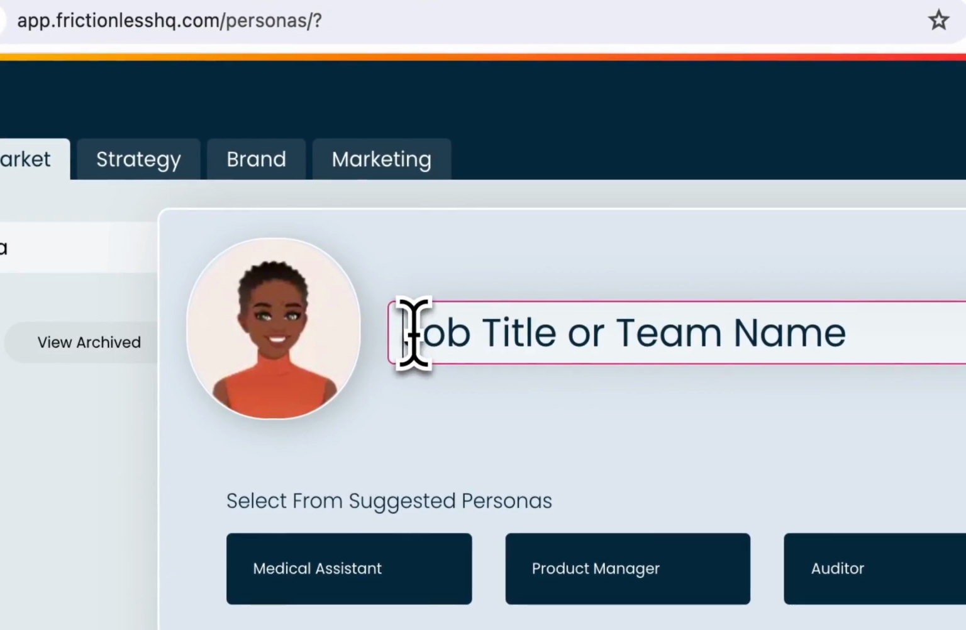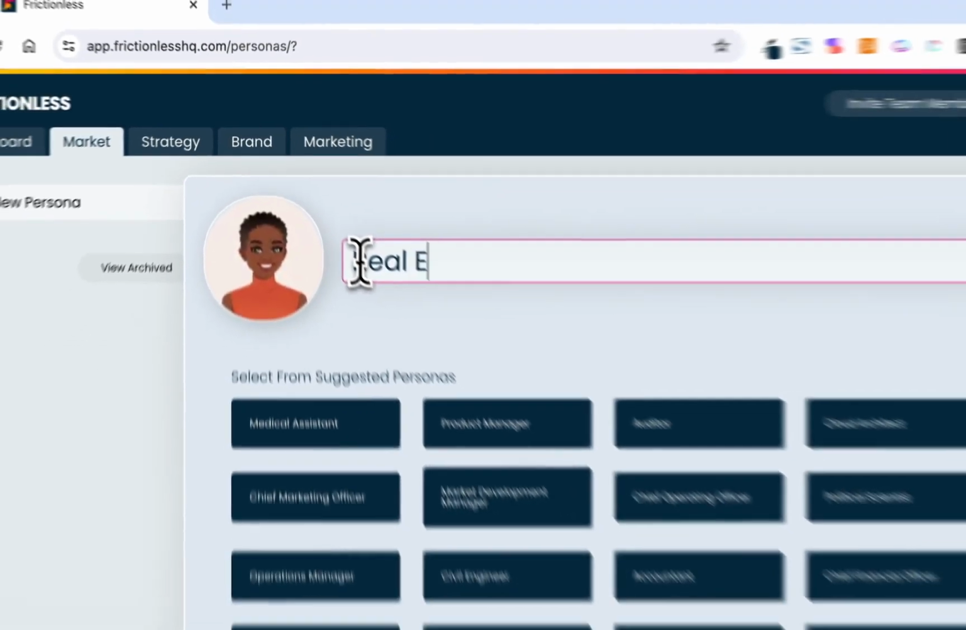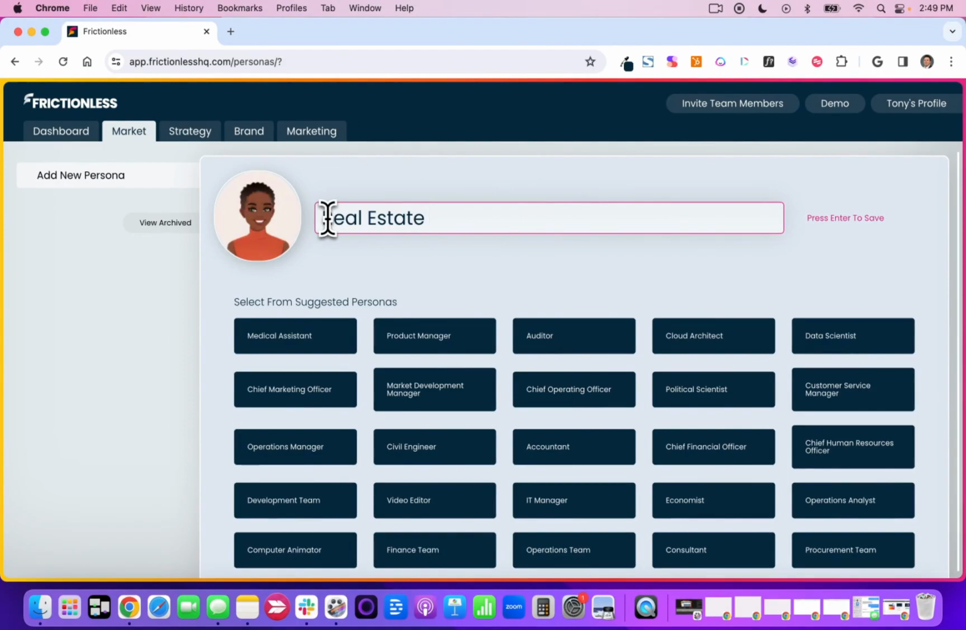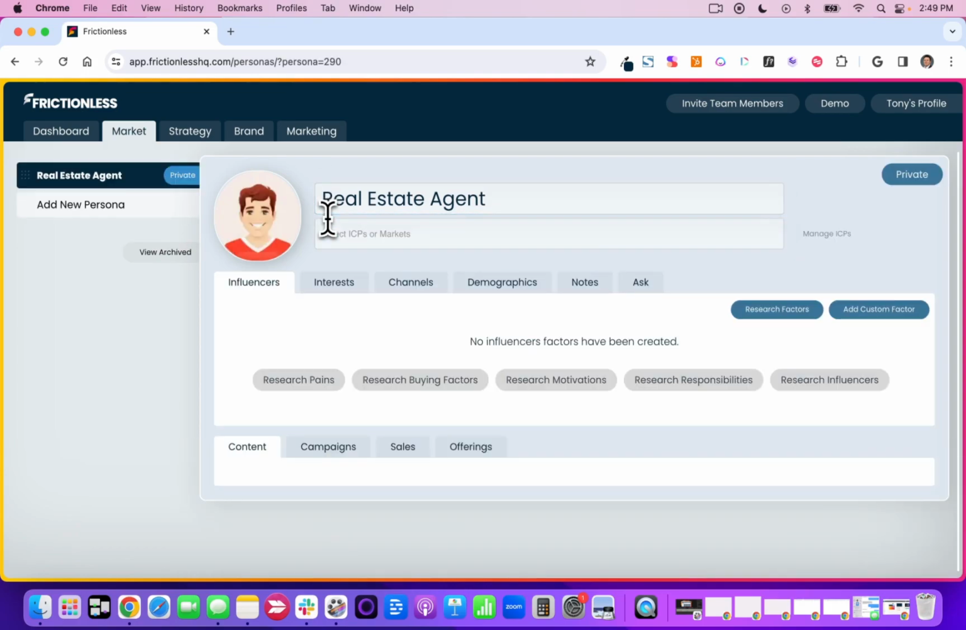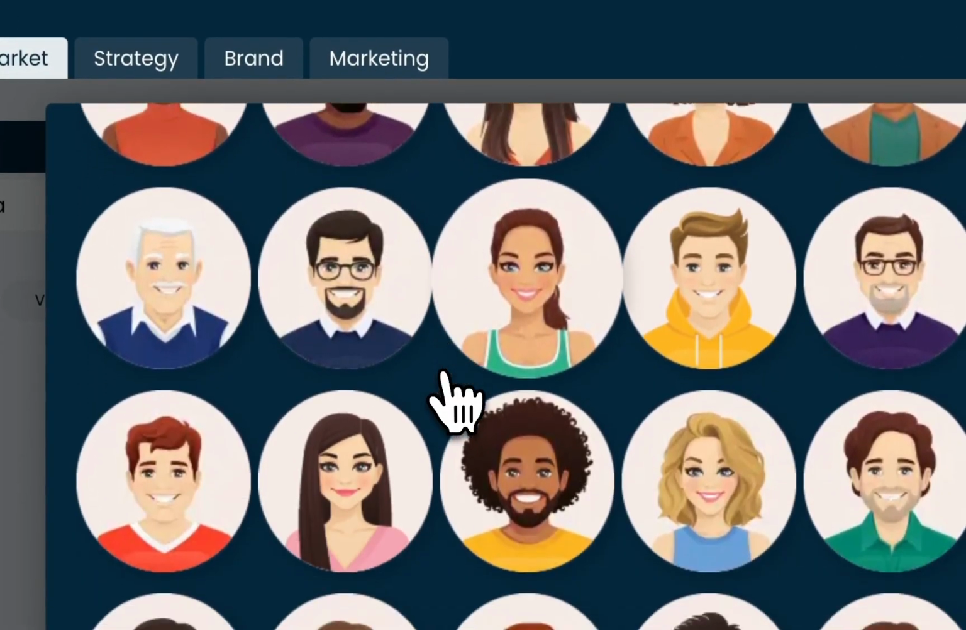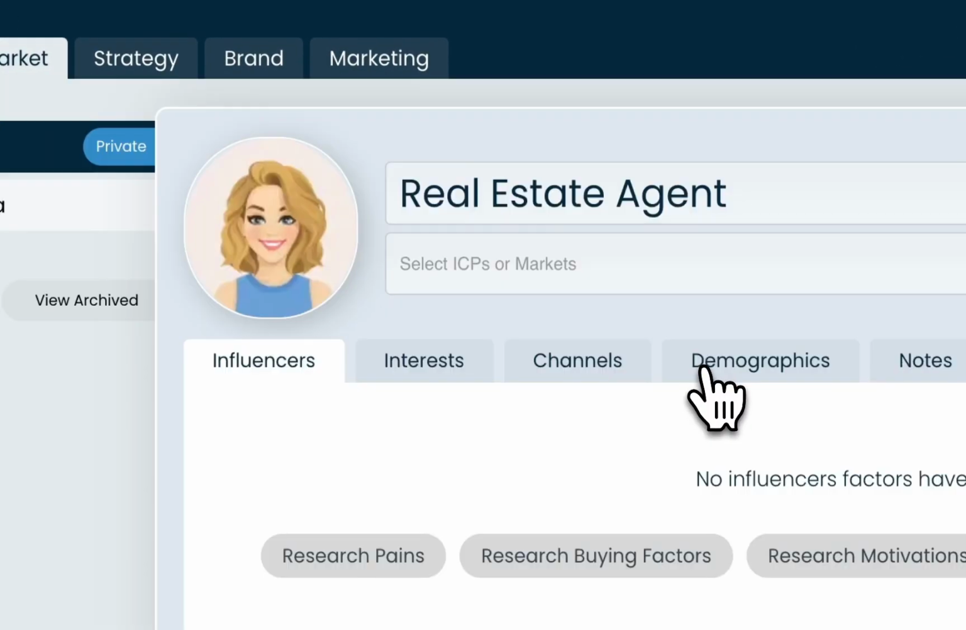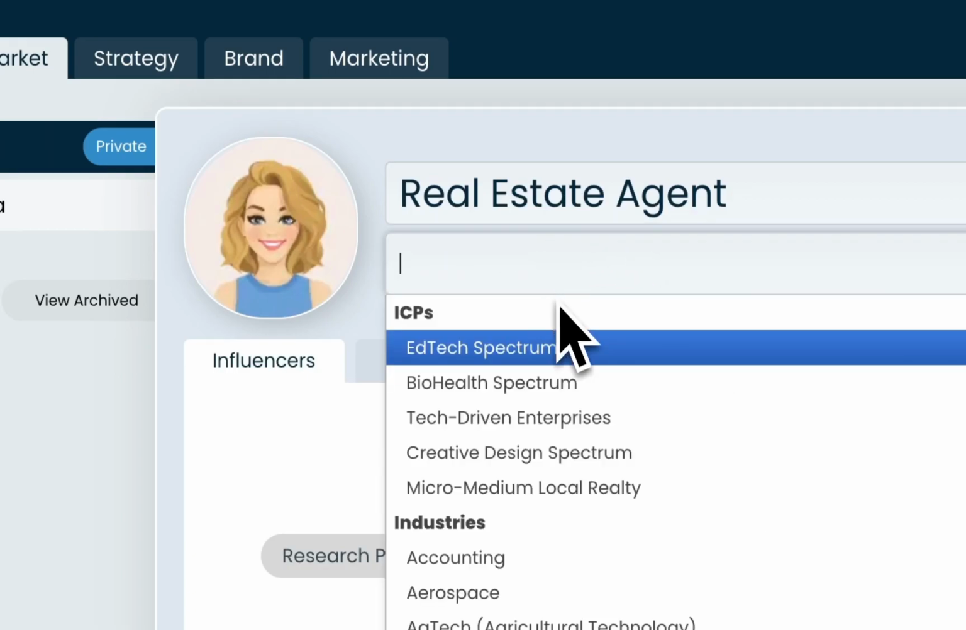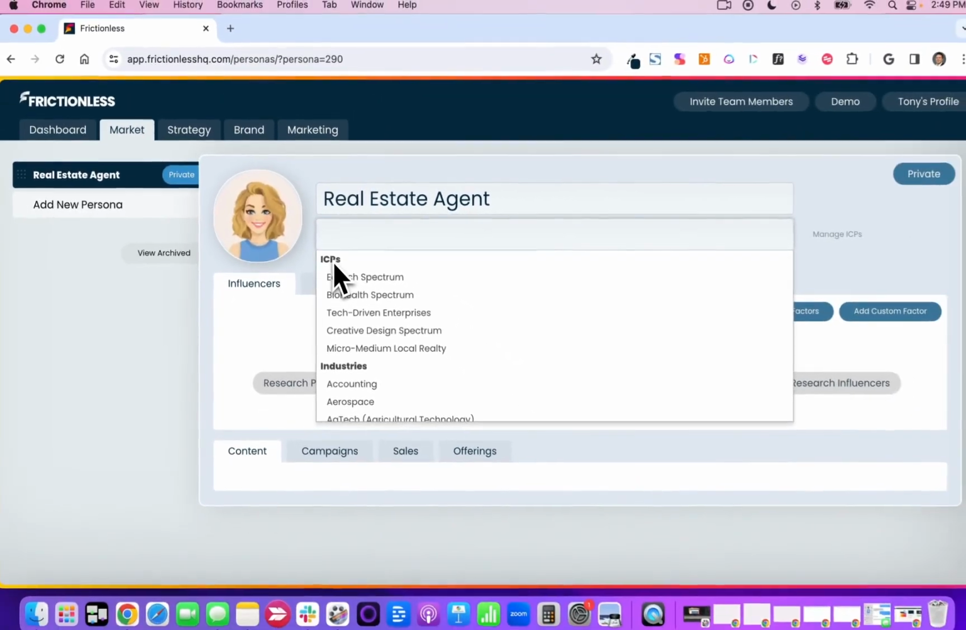And then in this field here, we'll just type in the persona we're looking to define. So let's say real estate agent is what we want to do. Hit enter to save. And there we go. We can go in and actually change what this guy looks like. So let's say this is our agent. And then we also want to go ahead and define the ICP that this persona is